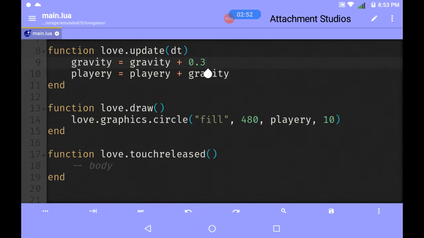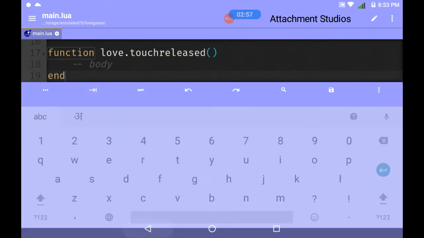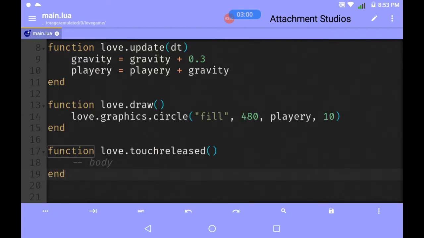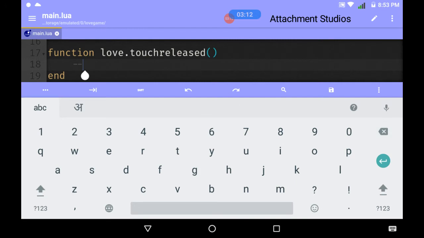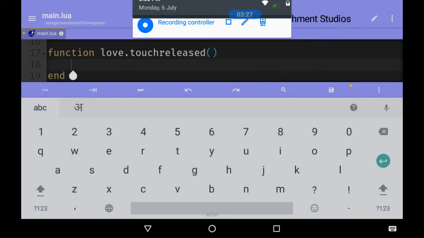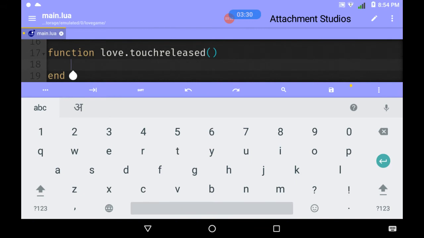So over here now, our player cannot be stopped, but it will not appear on screen once it leaves the screen, because we lost him out of the screen. So for that we will just write simple code instead of body. And yes, you can remove the written things in touch release, because they are of no need if you are just getting a simple touch release, meaning simple tap or touch or anything.